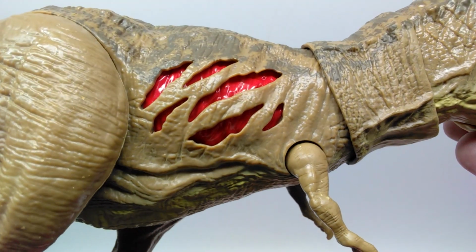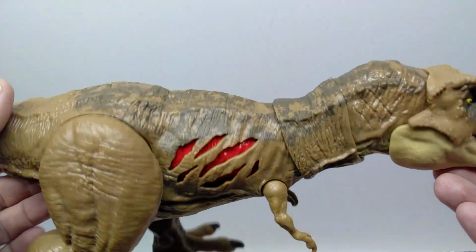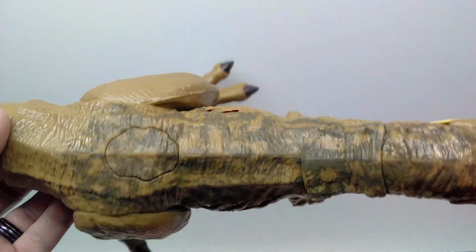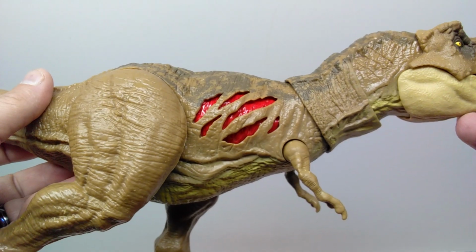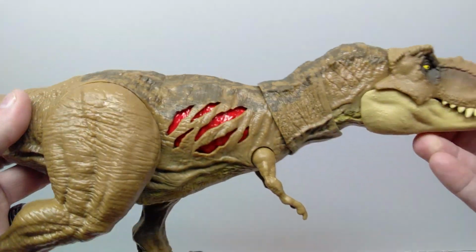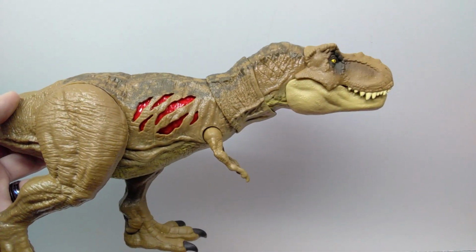I love the fact that they added that in on both sides, so you can have quite a bit of battle damage going on with your Rex, and you can see that both sides are different as far as the wounds go. You can definitely see that both sides have their own unique injury, which I really quite like as well. But as far as this figure goes, honestly, it is fantastic, and I'm so happy to have